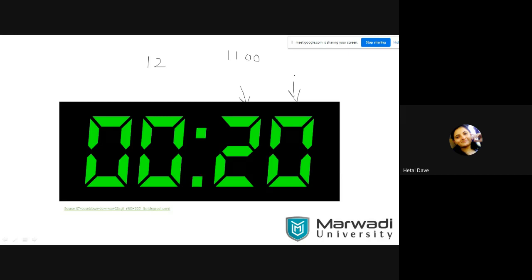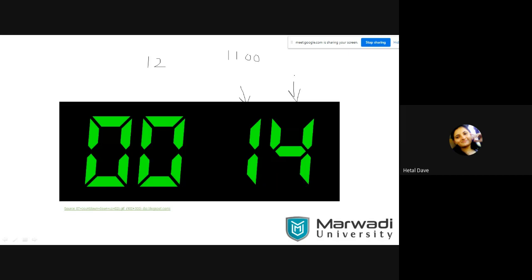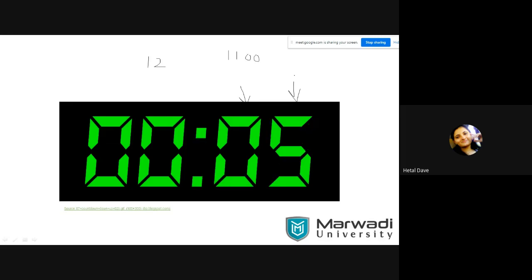We need to send a binary pattern such that each group of LED will be on and off separately. So I need to have code for 1, and I need to have code for 2. Separate code for 1, because I want to display the LED which represents 1. I want to turn on or off the LED which represents 2. I don't want 12, because I don't want to do addition.